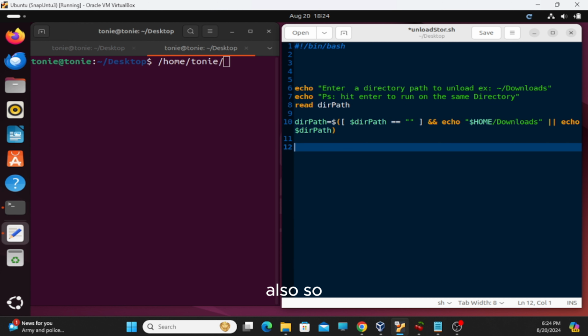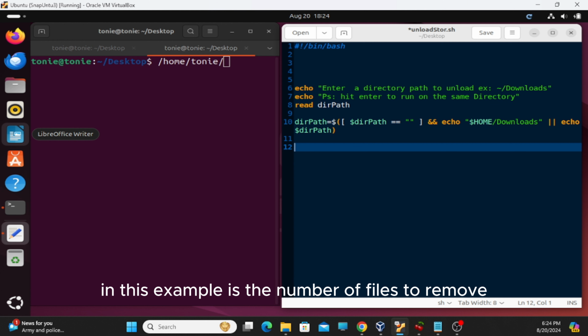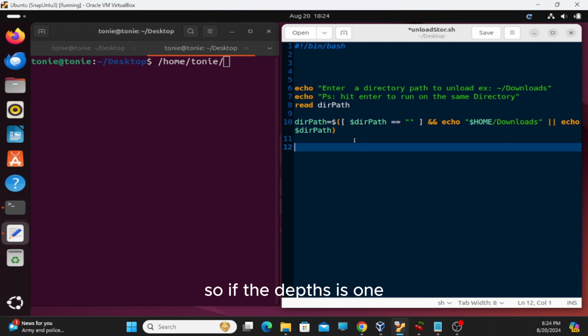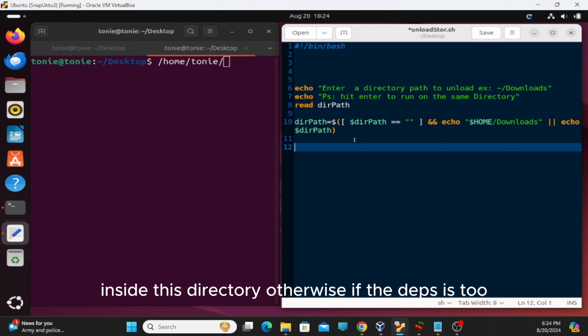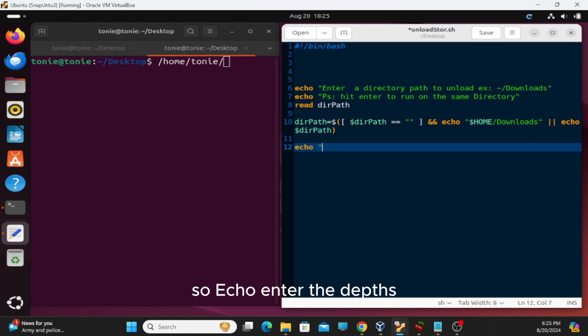Also, the next thing that we want to do is prompt the user to enter the depth. What the depth means in this example is the number of files to remove. If the depth is 1, the script will remove the largest file inside this directory. Otherwise, if the depth is 2, it will remove the largest file and then the second largest file. So echo enter the depth,